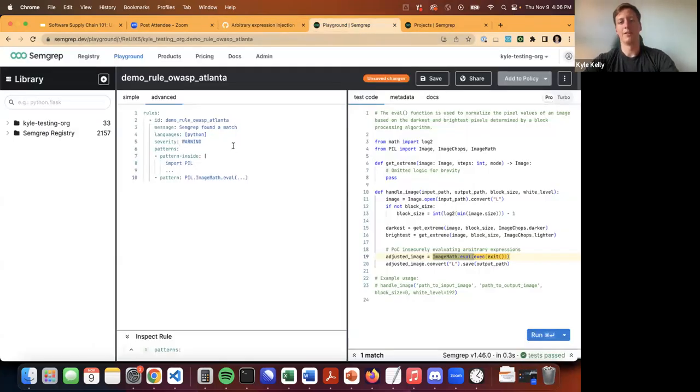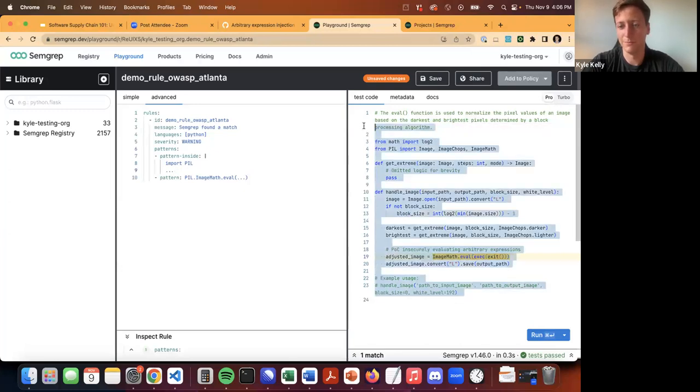And so what we do with the supply chain product is, after parsing that lock file and things of that nature, we can then determine what rules to run against what dependencies. So for this example, we're just going to ignore the version number specifically. But if you knew that this code relied on a known vulnerable version of Pillow, you can then write